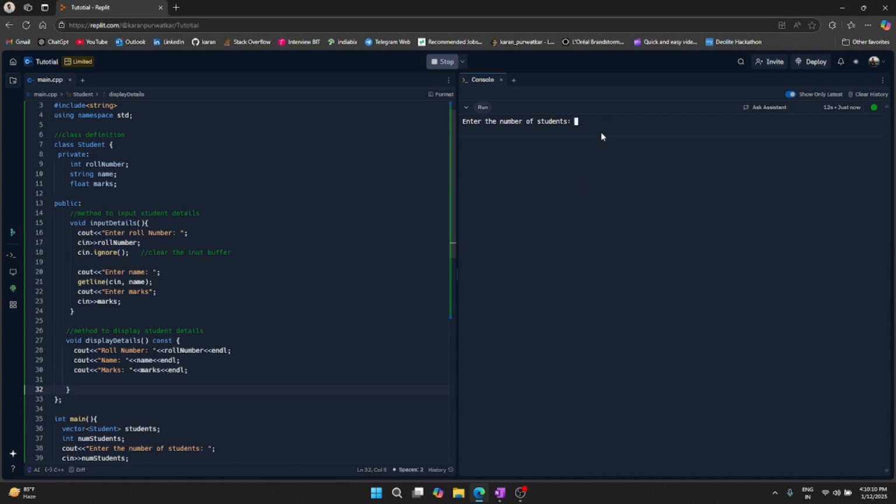So this is the output. So let's try the output, that is enter the number of students, that is we take 2. Then enter the details for student 1, so I write my MIS, or anything like 1 2 1 2 1 2. Okay, and enter marks, so I got passing marks, that is 40 out of 100. So enter the details of student, so we are writing the other student's details. So his roll number is